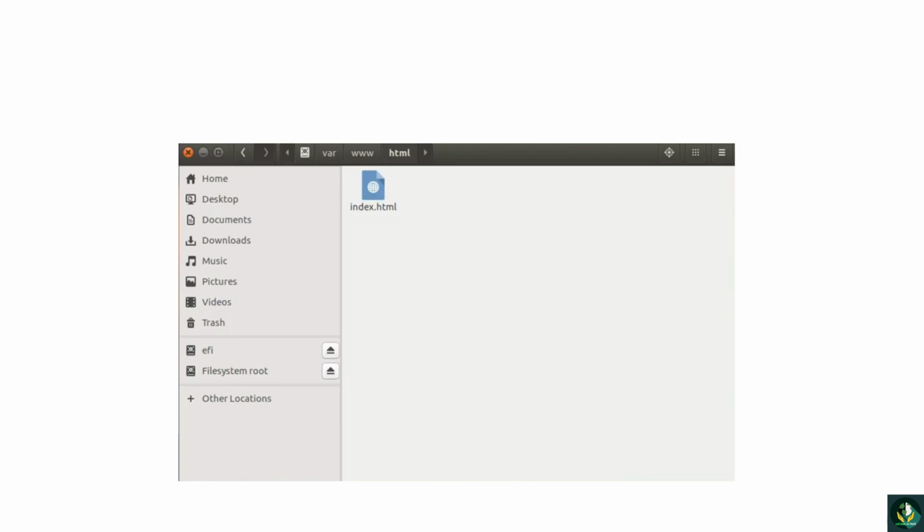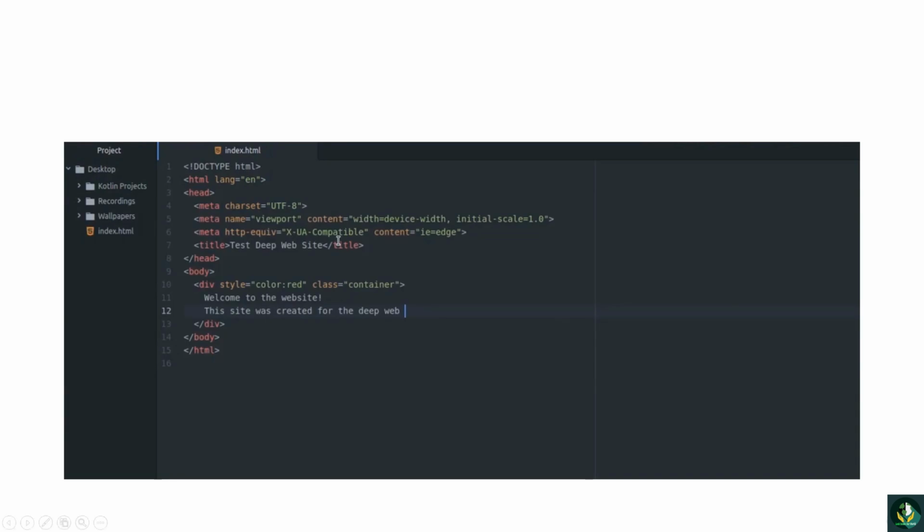So I'll just type some lines in my text editor to add to the Onion website. As you can see, I just typed. You can type anything you want, like in here. As you can see, I gave this some initial metadata and also the title and some description and also the text title. As you can see, it will be red.